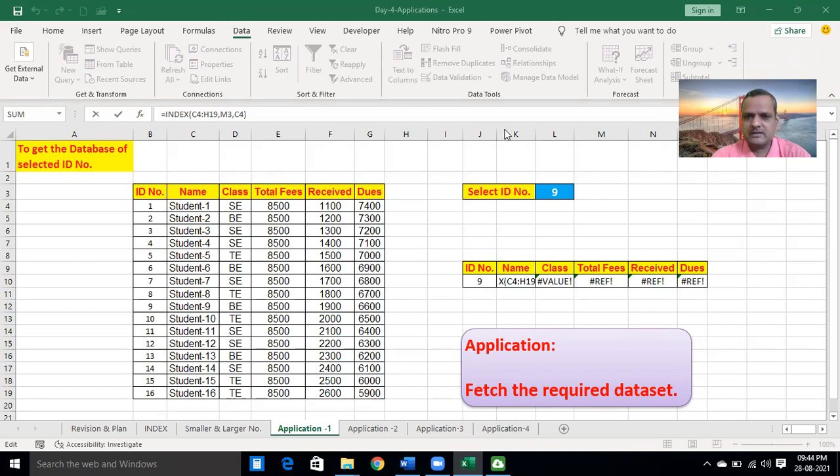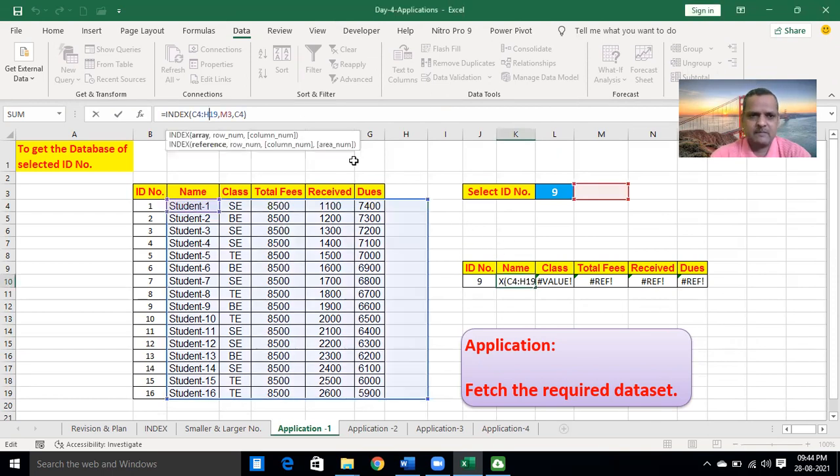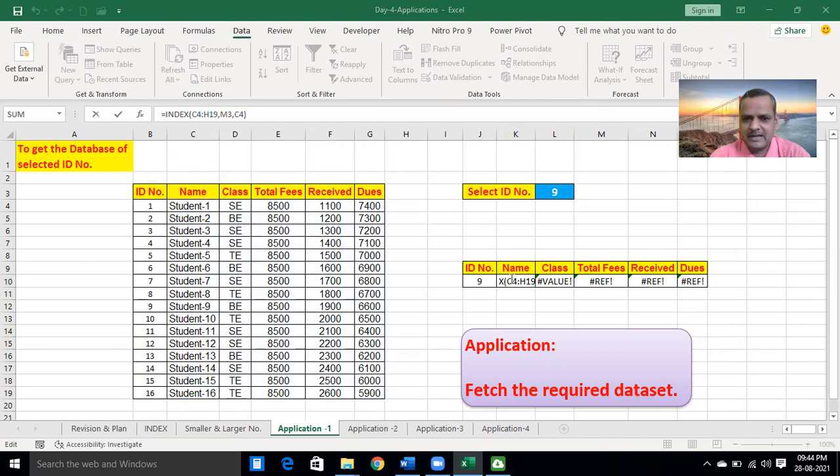Parikshit, you click in the K10 cell. Kiran and Parikshit, you click where? The K10 cell. And then click in the formula bar. So see, the table is shifted now. Also, the row number is shifted. But that is not the case.